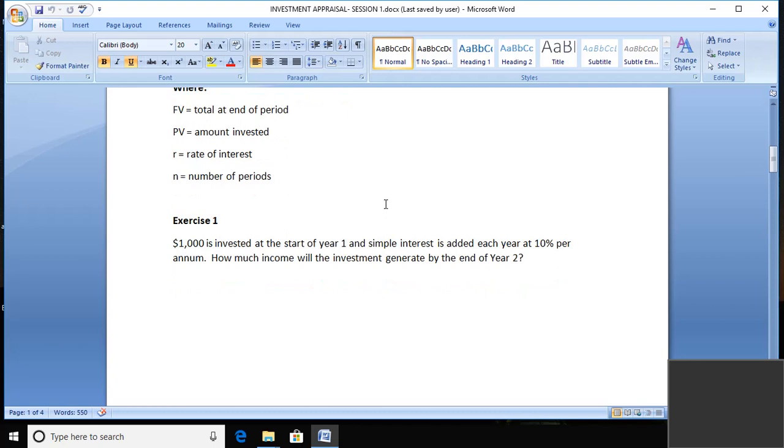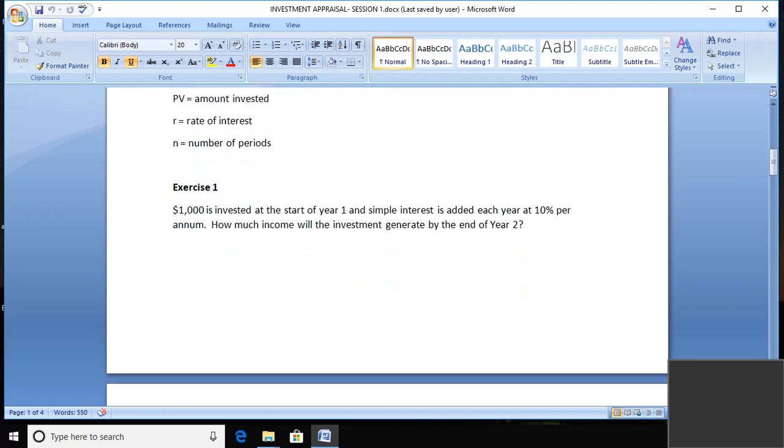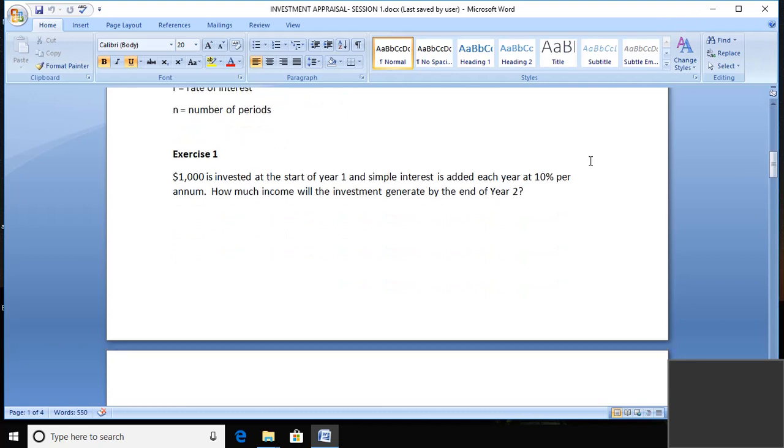So let's consider our example number 1, or exercise number 1. How do we calculate simple interest? So we are told that $1,000 is invested at the start of year 1, and the simple interest is added each year at 10% per annum. How much income will the investment generate by the end